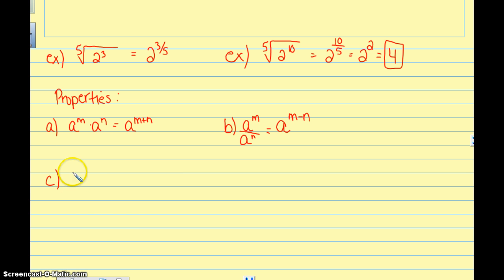The third property is when you have an exponent raised to another exponent. So we have an exponent to an exponent. And the property when you have an exponent raised to another one is that you will multiply those exponents together. The last property is if you have two bases raised